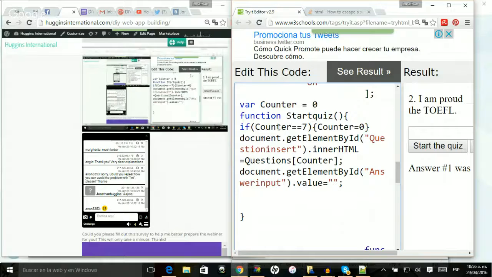So if the counter ever reaches 7, that's my upper limit, my upper bound, I'm going to reset the counter. It's basically what I'm doing in this line of code. When it goes too high, I'm resetting the counter to go back to 0, which is basically my first question in the array. Next is this really awesome line of code called